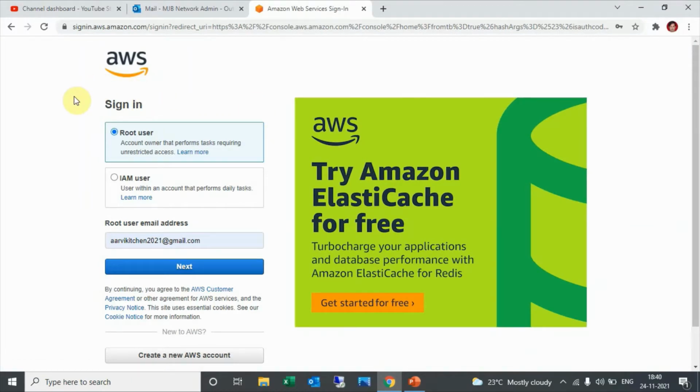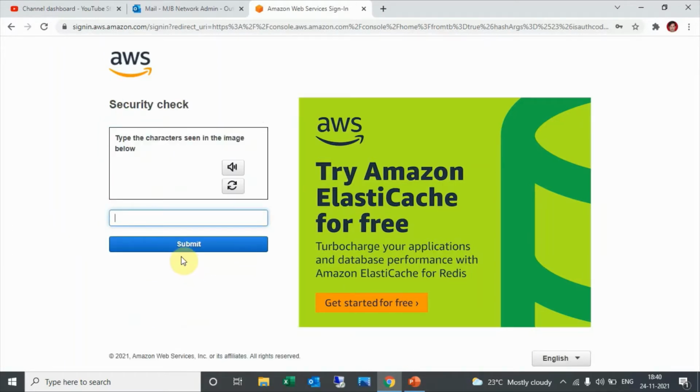In the sign in console, you will get two options: sign in with root user or IAM user. I will do another video on IAM user. I will log in with root user now. This is my username. I will click on next. Security check.